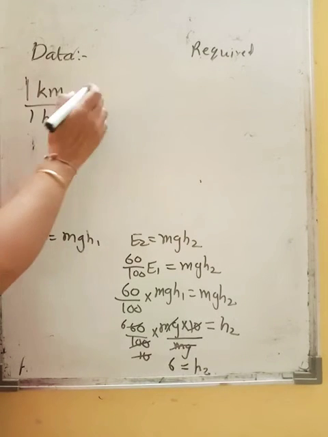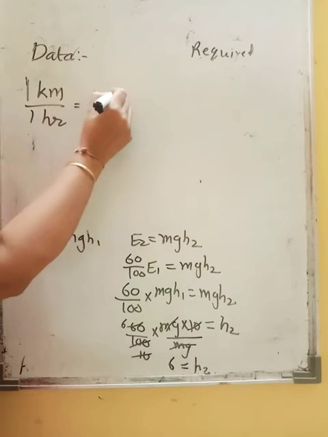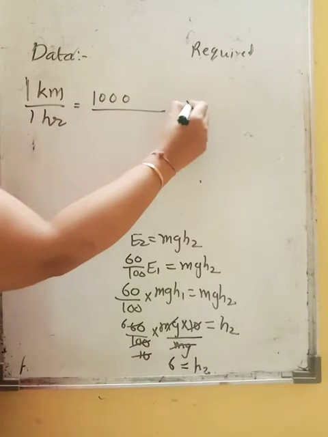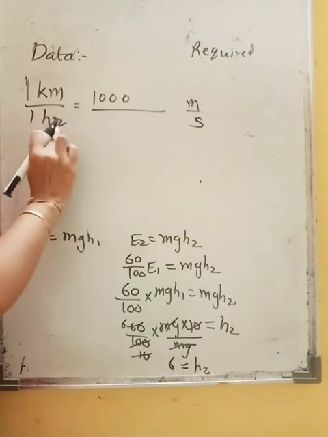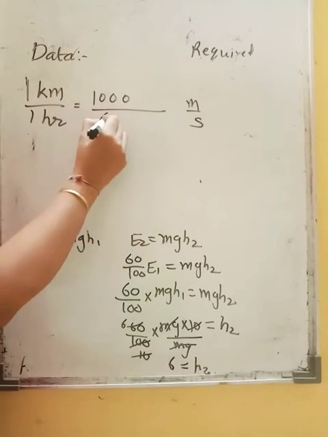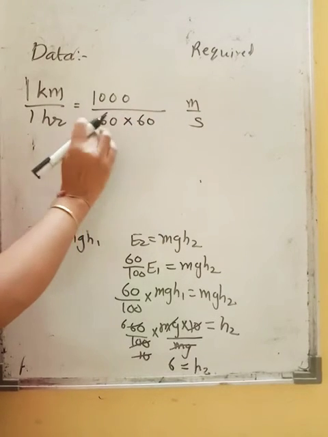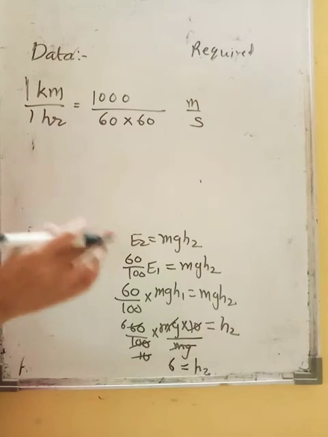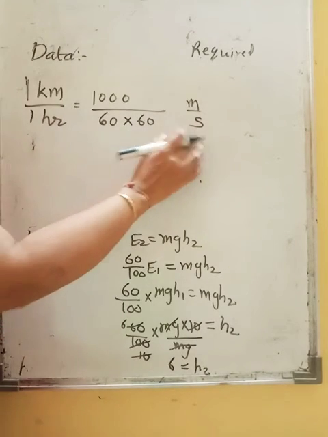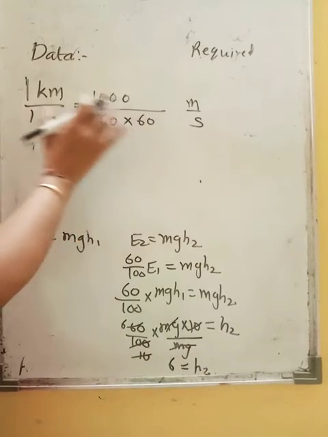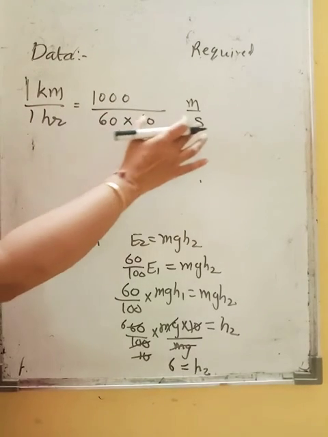ठीक है. 1 किलोमीटर के मीटर कितने हुए? 1000. 1 आवर. हमको क्या चाहिए? मीटर पर सेकेंड. तो 1 घंटे की सेकेंड, 1 घंटे में 60 मिनट्स और 1 मिनट में 60 सेकेंड. सो टोटल 60 into 60, that is 3600 seconds will be there. So if I multiply with this, you are going to get the